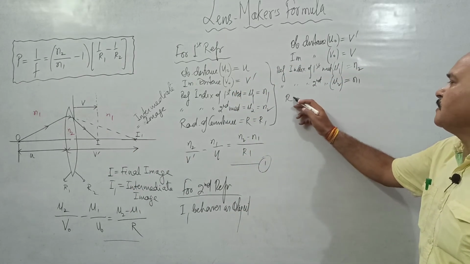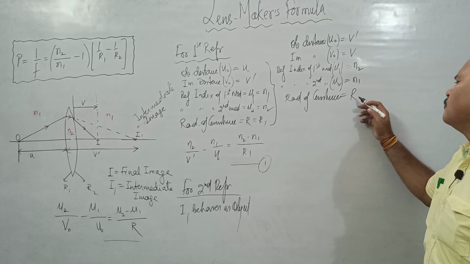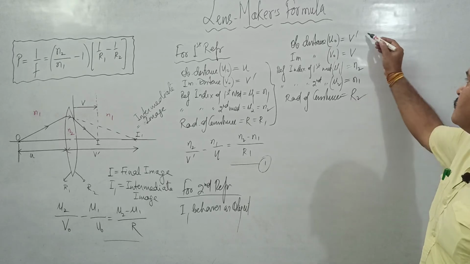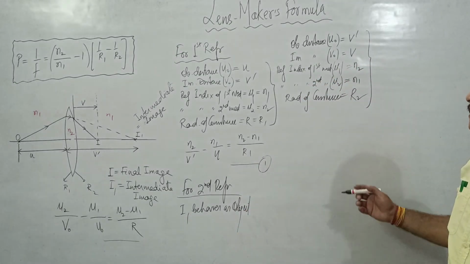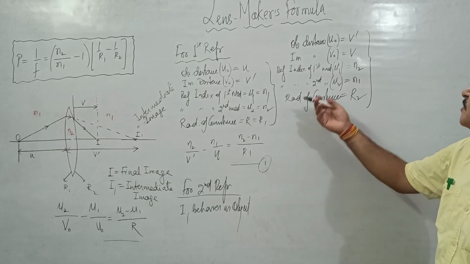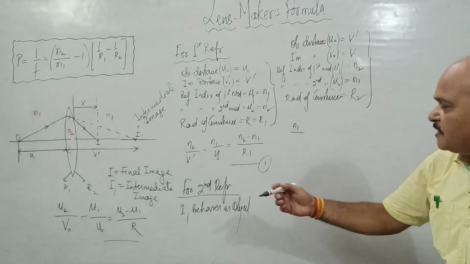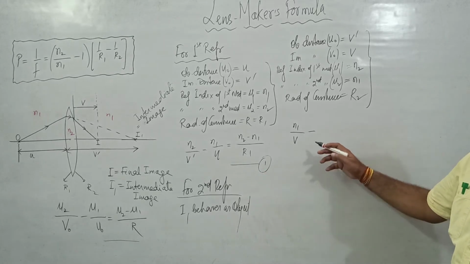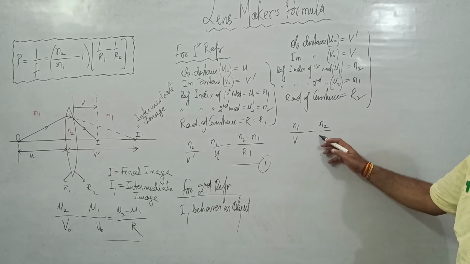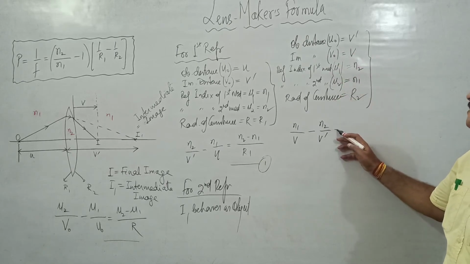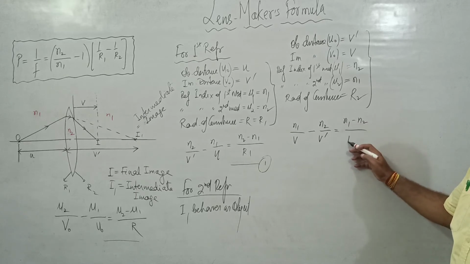And the radius of curvature of the curved surface number 2 is R2. If we substitute all these values in the same formula of refraction which we have already written in the beginning, what do we get? Mu2 is n1 upon image distance v, minus, for the first medium, n2 upon object distance v dash, is equal to mu2 minus mu1, that is n1 minus n2 upon R2.